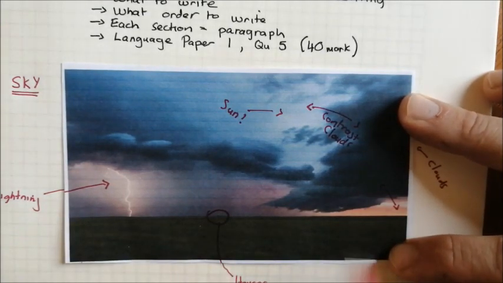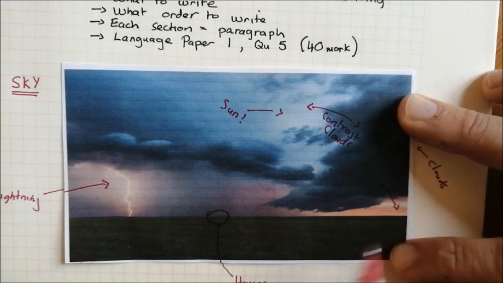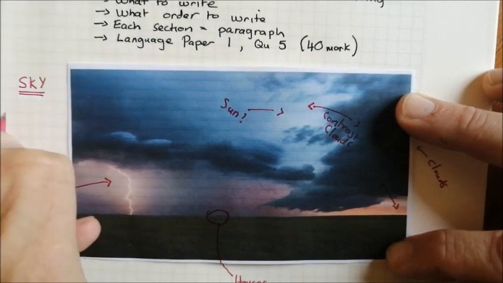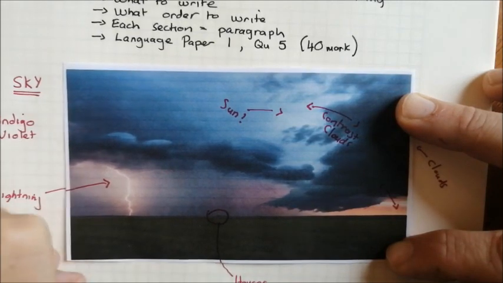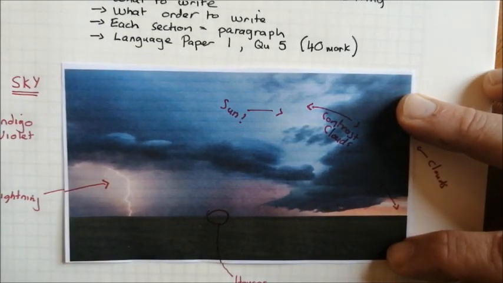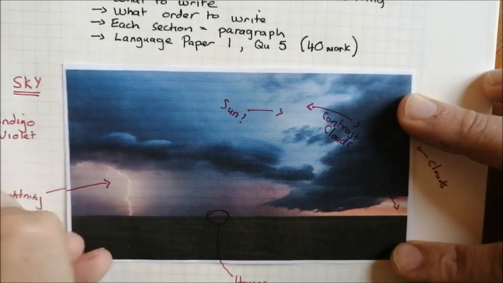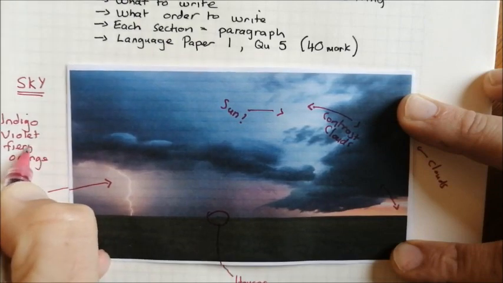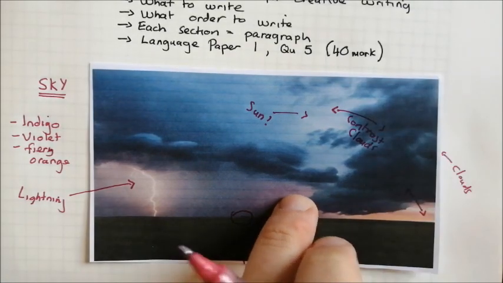Could be. But what I also really like is the colour. I'm just going to jot down some of the colours, not just grey. I'm going to try and work out what other shades of colours that we've got in there as well. So we've got lots of different types of blue. I think we probably have indigo. I think we probably have violet. What else is in there? There's this kind of like burnt orange, or this fiery orange. So those are all things that I want to make sure that I'm talking about, that I'm including when I